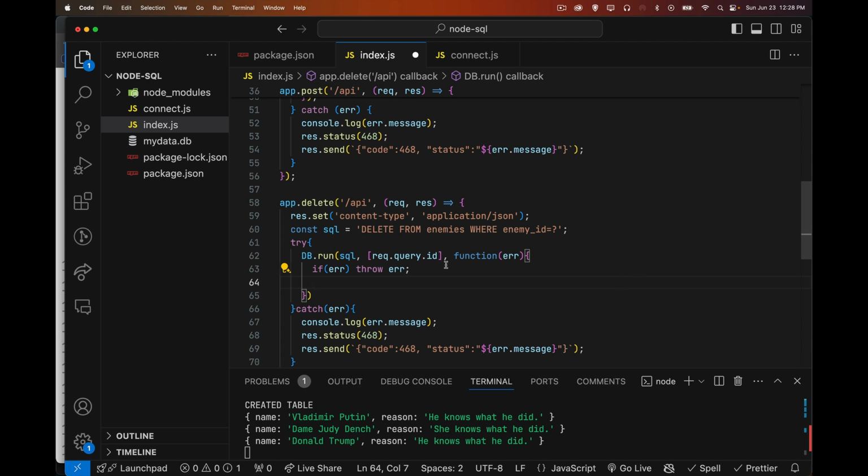And by using a regular function here, we can use this keyword again, and changes is going to tell us how many records were affected. So we want that to be 1, preferably. So we can say, okay, if this dot changes equals 1,